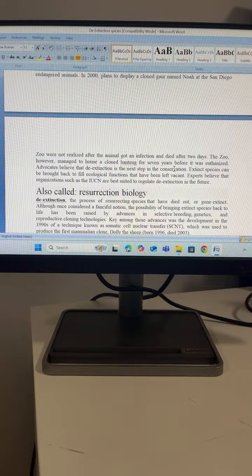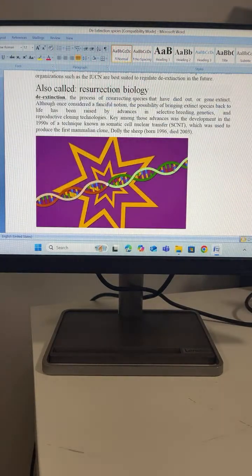Advocates believe that de-extinction is the next step in conservation. Extinct species can be brought back to fill ecological functions that have been left vacant. Experts believe that organizations such as the IUCN are best suited to regulate de-extinction in the future, also called resurrection biology. De-extinction, the process of resurrecting species that have died out or gone extinct, although once considered a fanciful notion,